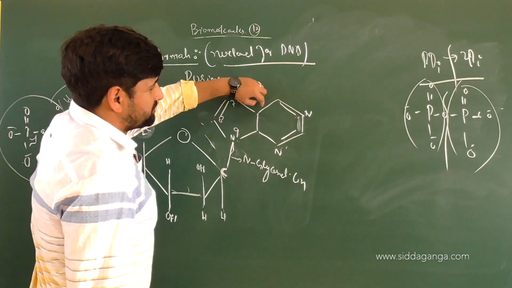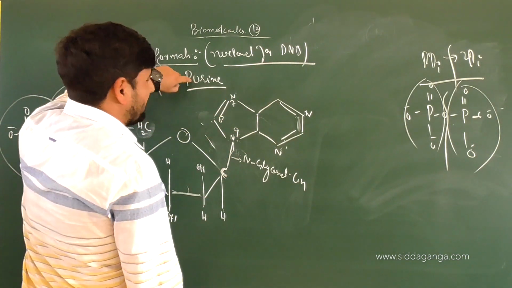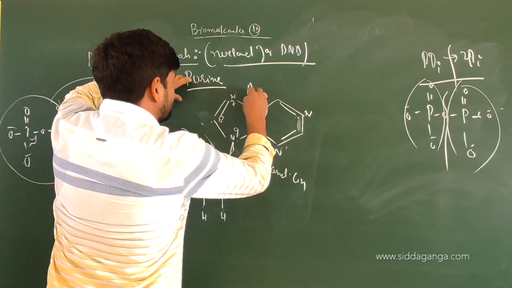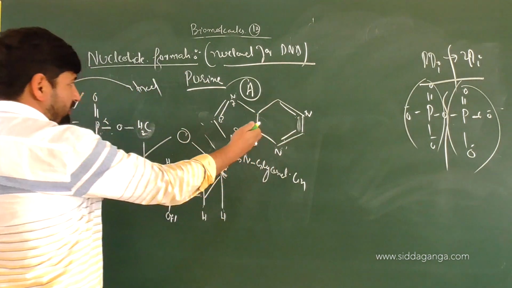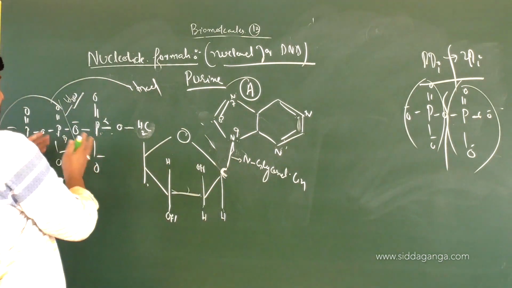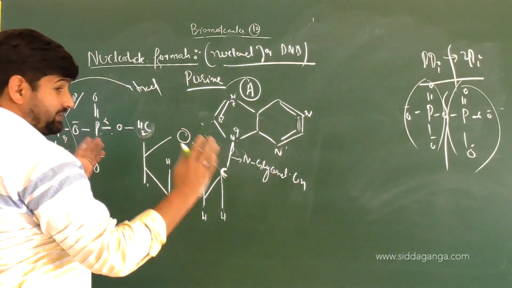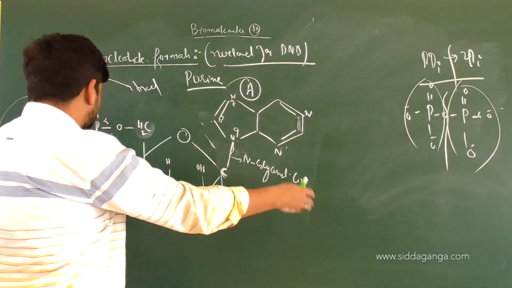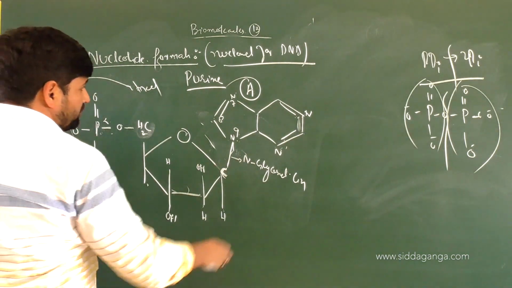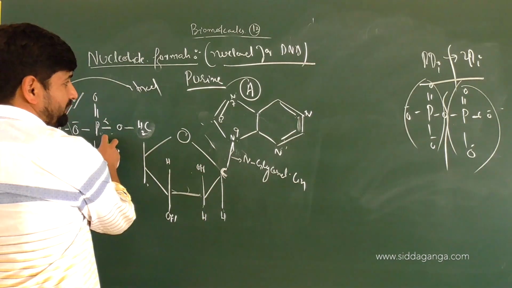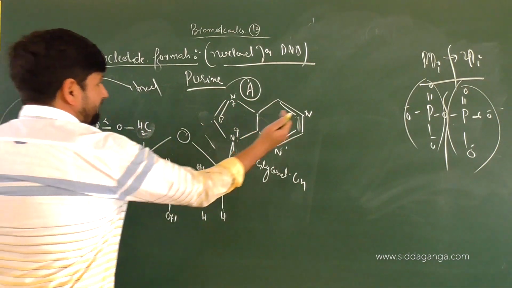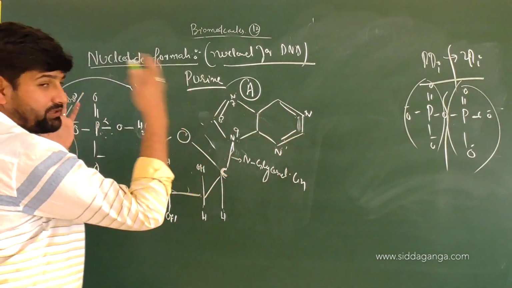So on the basis of C double bond O and other groups, we can have this purine. What are the purines? We have adenine and guanine. Suppose this purine base is adenine, this becomes adenosine triphosphate. And when DNA synthesis occurs, these two phosphates will not be existing because they will be already hydrolyzed off. So you will get adenosine monophosphate. So this is a nucleoside and you have a monophosphate attached to it. Now that will be our basic scaffold for the synthesis of DNA.